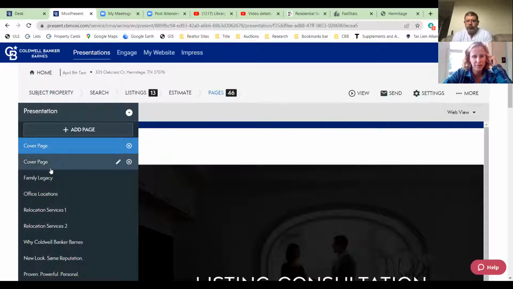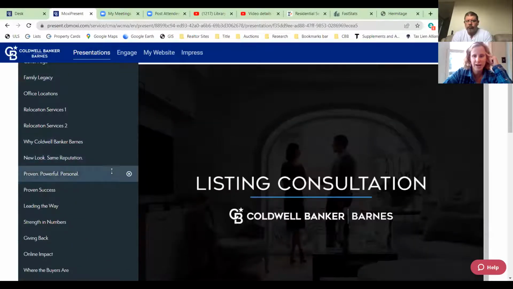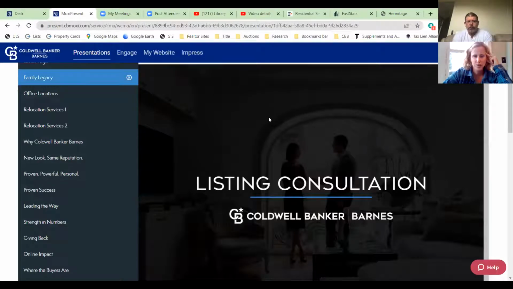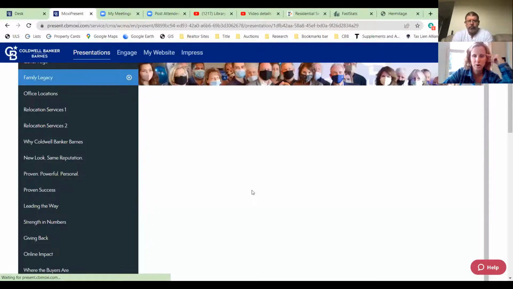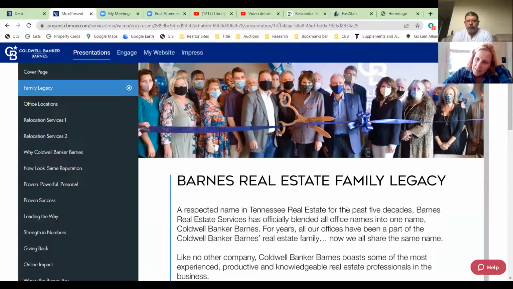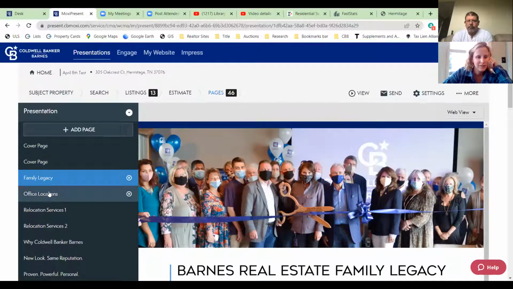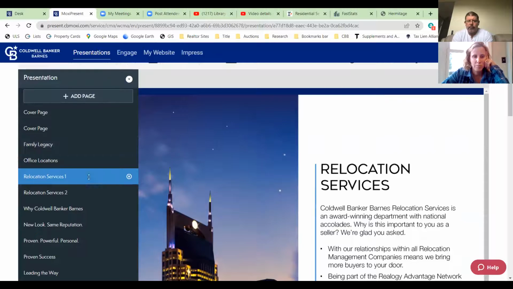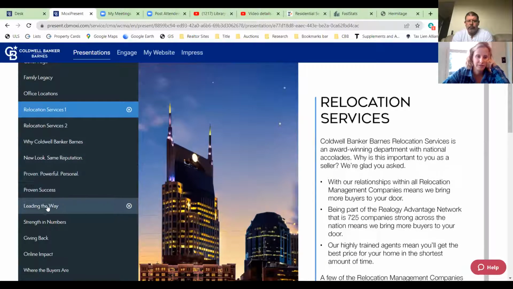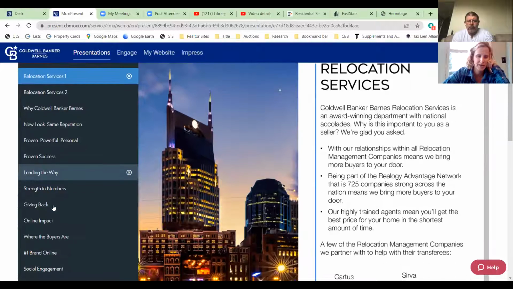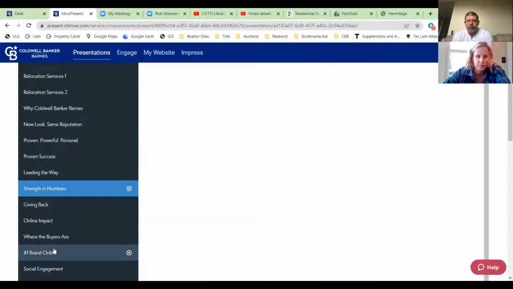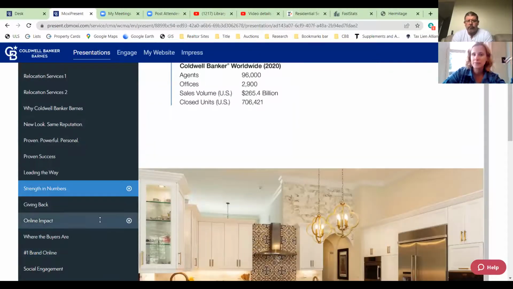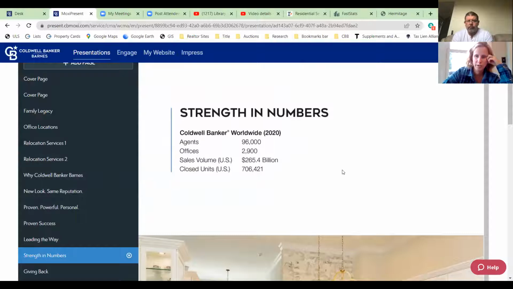So that being said, we're now in our 46 pages. Again, this is what it defaults to. You've got all these different tabs down here. For instance, the first few pages are going to talk about Coldwell Banker Barnes. The first few are going to be on Barnes and our company. The next few are going to start to jump down to Coldwell Banker and what Coldwell Banker as a brand